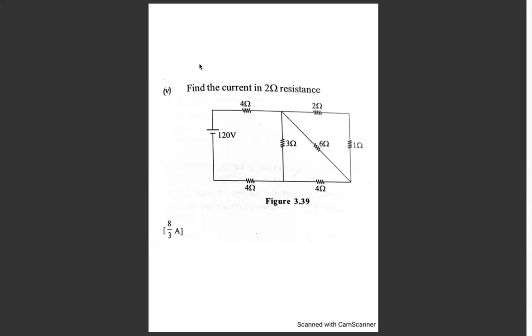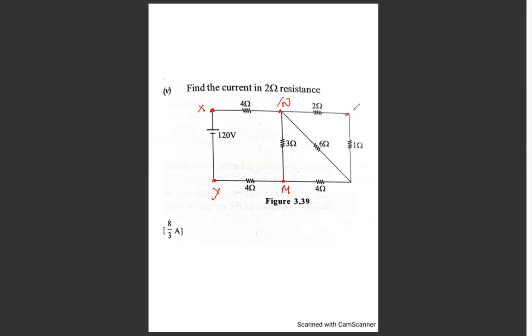Now next question, we are required to find out the current in the 2 ohm resistance. Same thing, we have to arrange the circuit. Let's see how easy it is for us to arrange the circuit. This point is your point X and this is Y. I'm going to name these points as M, N. We have to first solve M and N, and then we can connect it later.